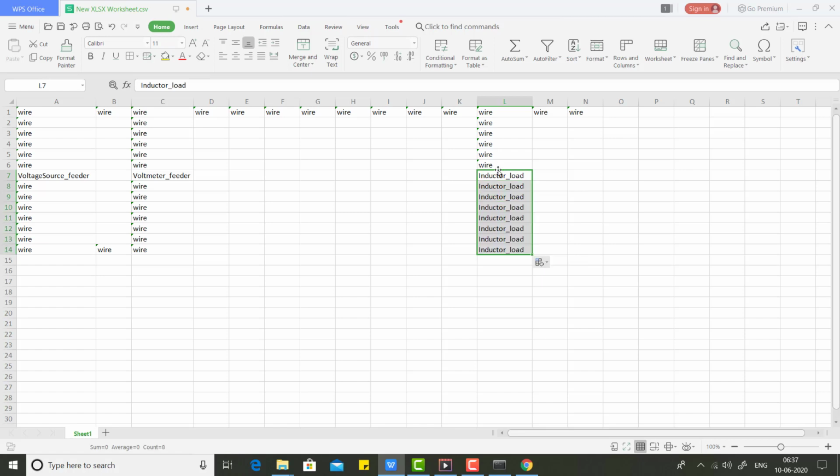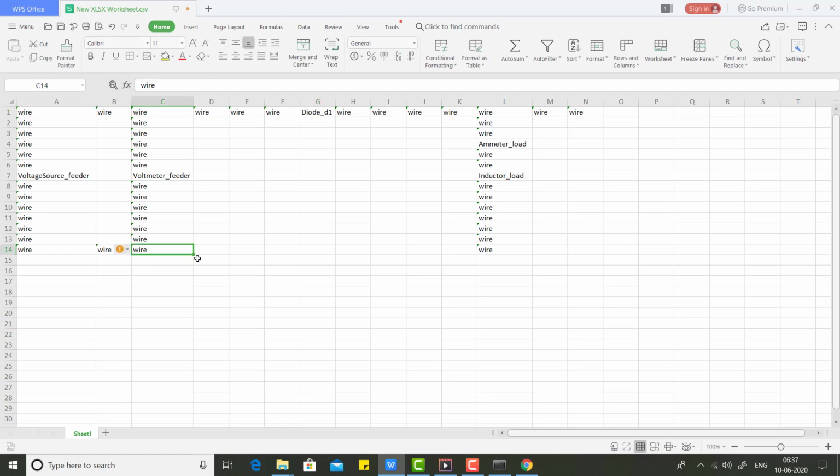Now we are asked to find what current flows through the inductor load, or what is the waveform of it. For that you need to also include something known as ammeter. Ammeter is also a keyword, and it measures the current in the circuit, whatever is in series with it. So ammeter, I'll name it as ammeter load. I have not included one thing, that is diode. Let us include it, diode D1.